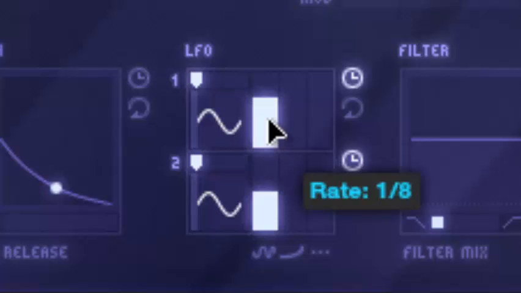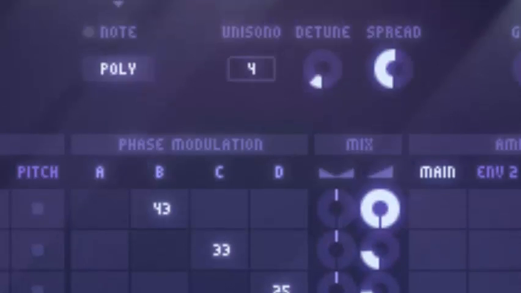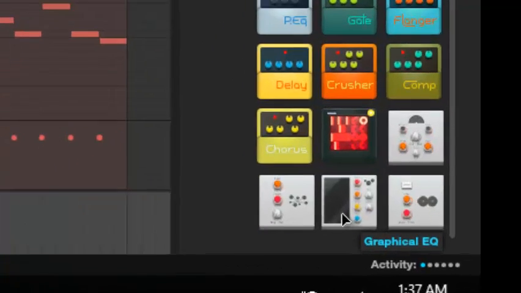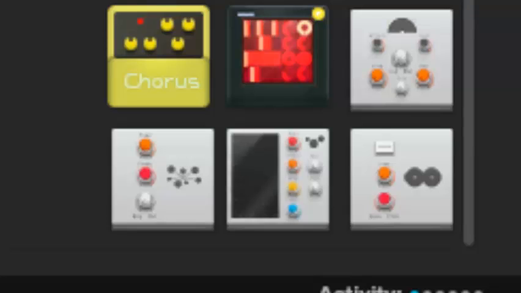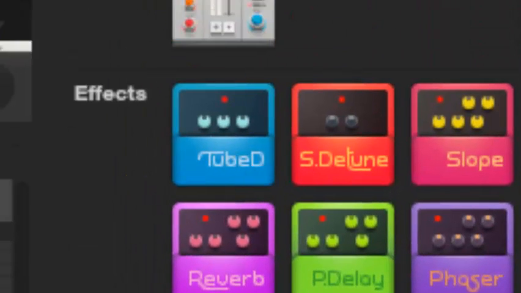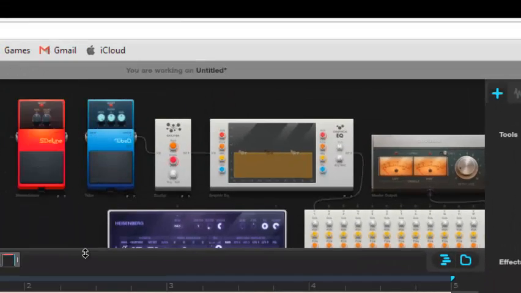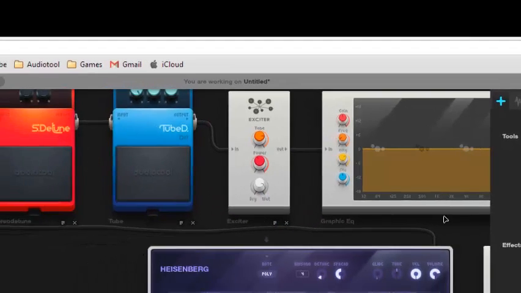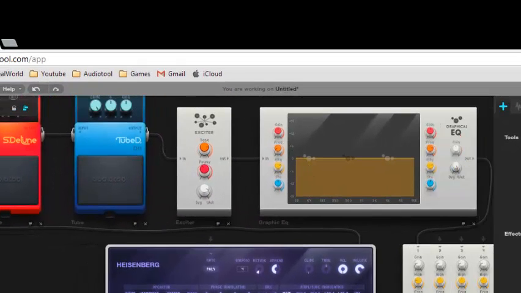For starters, I'm going to put this at 1/8. Okay, so now, effect time. Alright, so the effects I usually use: graphical equalizer, exciter, tube, stereo detune. Those effects together, you can't go wrong with a wub, at least. Alright, so now what you want to do,